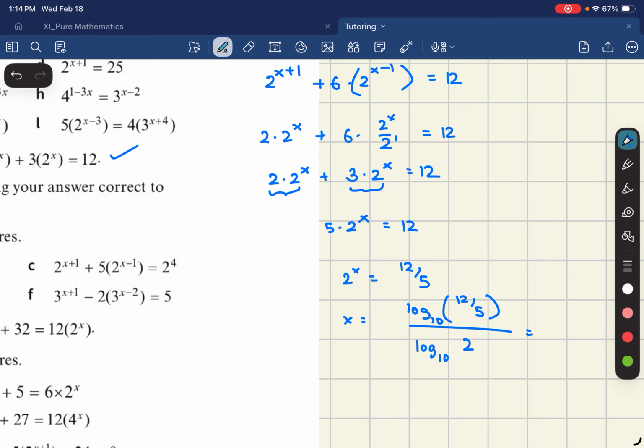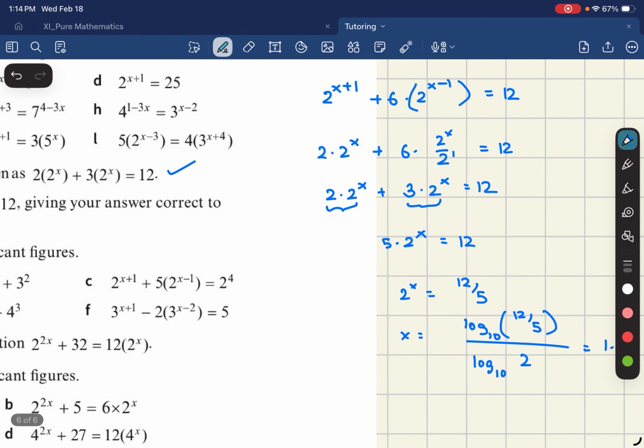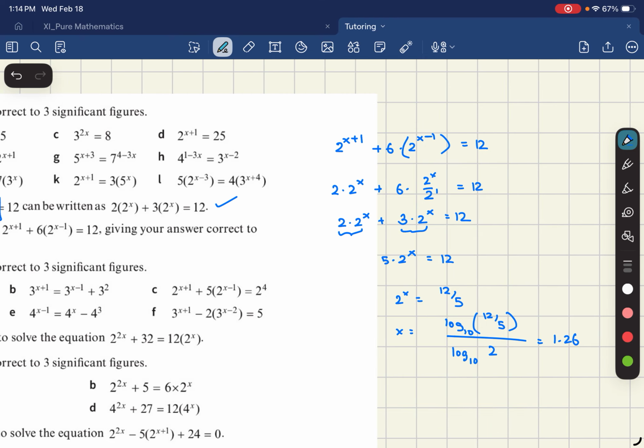Log 12 by 5 divided by log 2. That gives you 1.26. And you can substitute back. You can always substitute back: 2 times 2 to the power of your answer